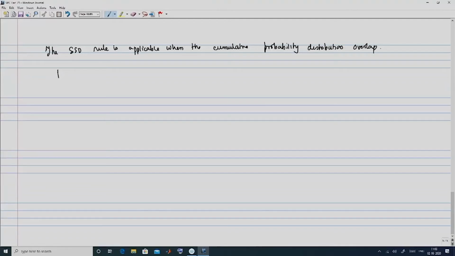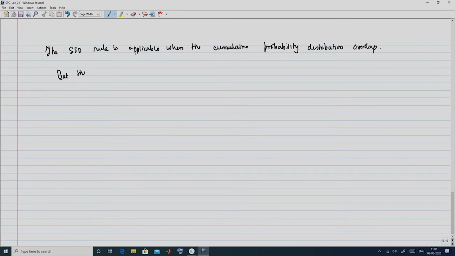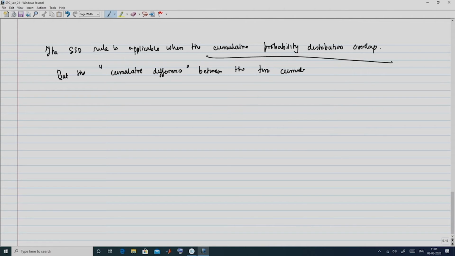Having said so, I just want to make one more observation: even though it is applicable when the cumulative probability distributions overlap, we still need that the cumulative difference between the two cumulative